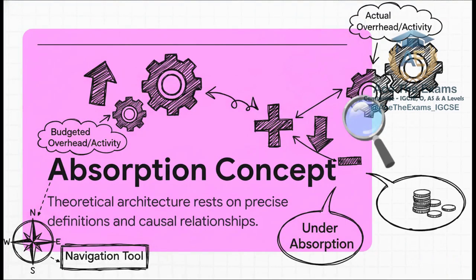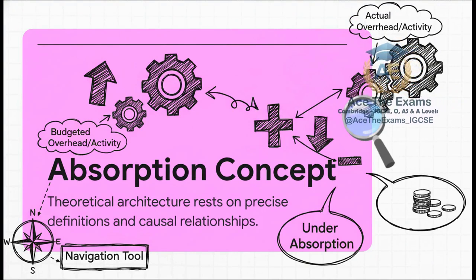You literally cannot navigate a complex exam question without a solid theoretical compass. Let's strip away all the noise for a second and look at the absolute core of the issue. The entire foundation of your knowledge rests on precise definitions and understanding the strict cause and effect relationships at play here. Under- and overabsorption is, honestly, simply what happens when our flight projections just do not match our actual flight